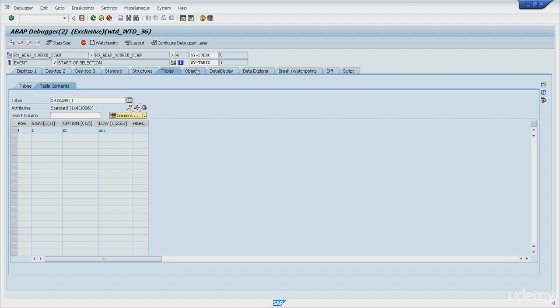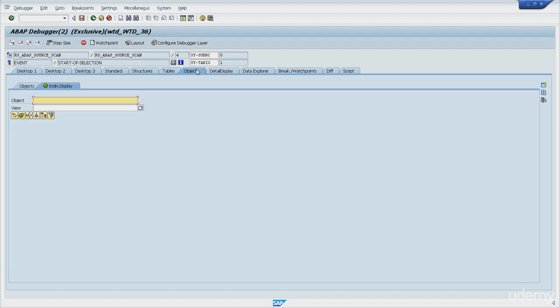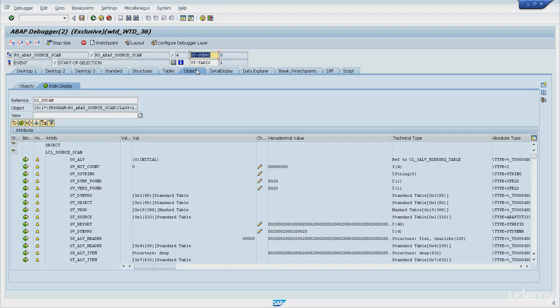We have then objects. The objects tab is to see, as the name is telling us, objects derived from ABAP classes. Let me enter here one of them. The program knows this as LO_S_scam. So what we can see here,